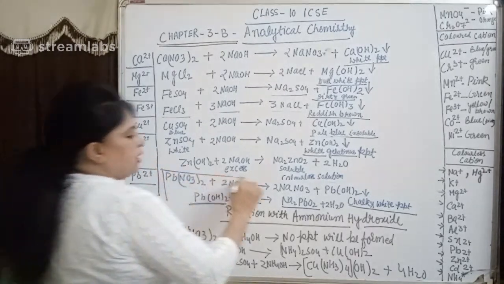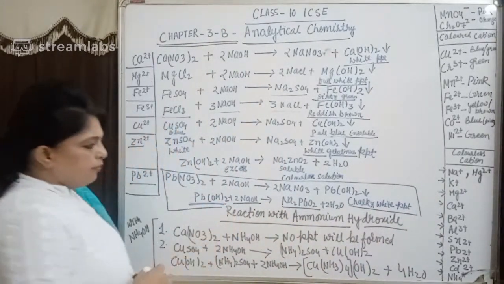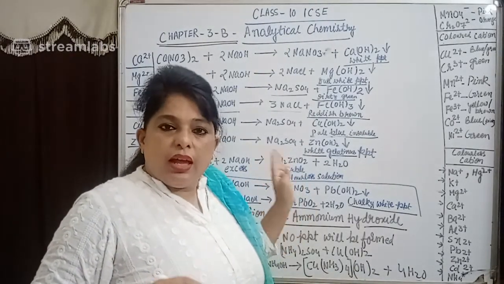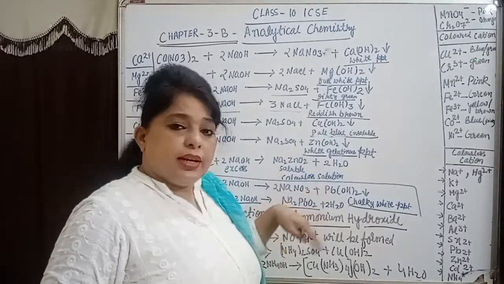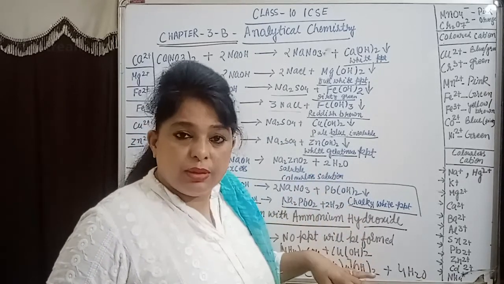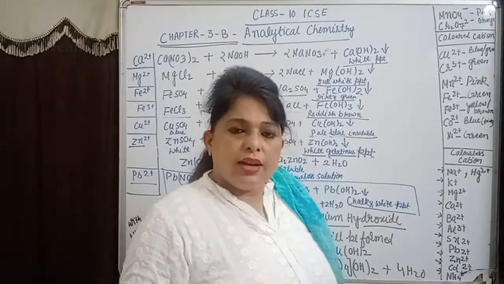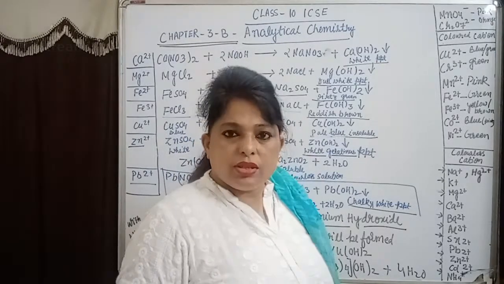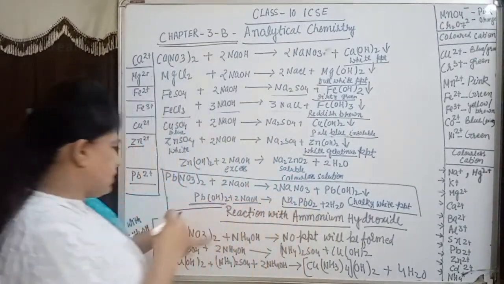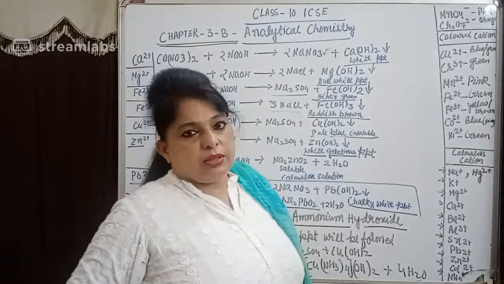Generally in the board exam they ask both the reactions, and in this case you should know the reaction, right? So how will you prove that the given salt is lead nitrate? With the help of sodium alkali, and they will also give you an indirect hint: it forms a precipitate which is soluble in excess of sodium hydroxide. So you can easily tell that lead nitrate is a soluble salt, and when you add sodium hydroxide you get a chalky white precipitate, and with excess sodium hydroxide it gives a soluble salt, sodium plumbite.